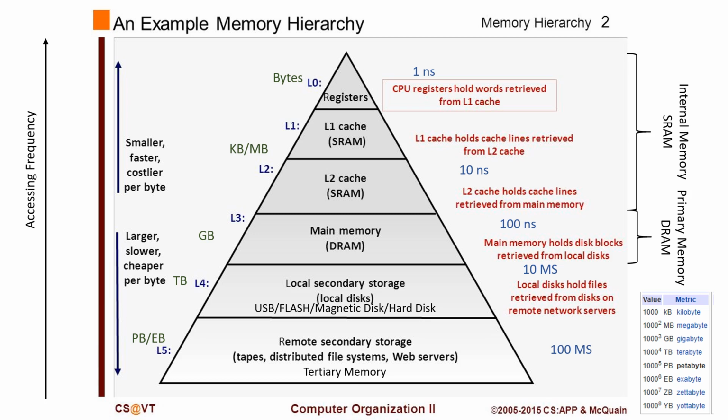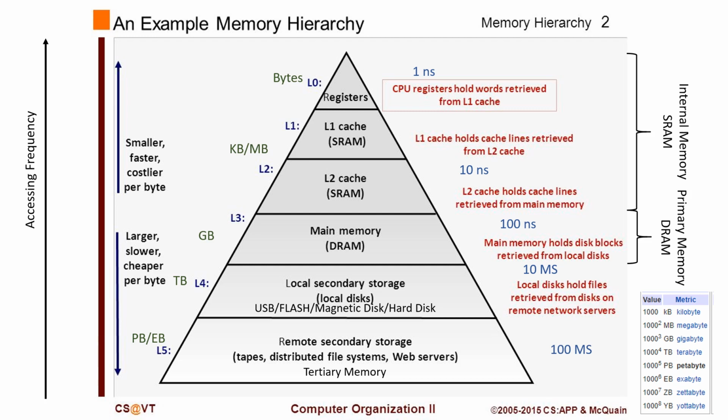After main memory, there is a secondary memory. The examples for secondary memory are USBs, that is pen drives, SSDs, that is solid state devices, flash memory, magnetic disk and hard disk. USBs and flash memories are faster than magnetic disk and hard disk. USBs and SSDs flash memories are in GBs, while hard disk and magnetic disk are in terabytes.